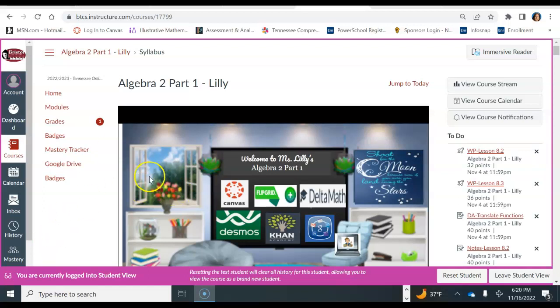So if you're in a class, you're going to have these tabs here on the left-hand side, and you're going to see grades. We do all of our work, we submit everything in Canvas. The majority of what we do is in Canvas, and we're going to tell you to check your grades in Canvas as well. Even though your grades will be in PowerSchool eventually,